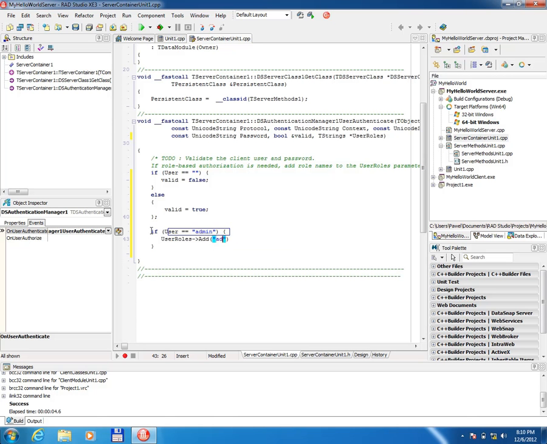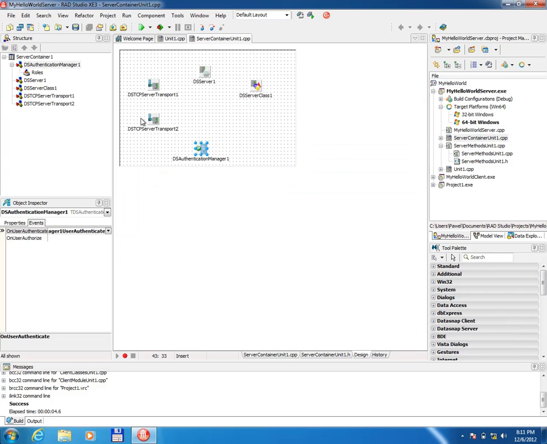Okay, I'm defining the admins role. So at this moment I have certain functionality in place, but then the authentication manager also has this